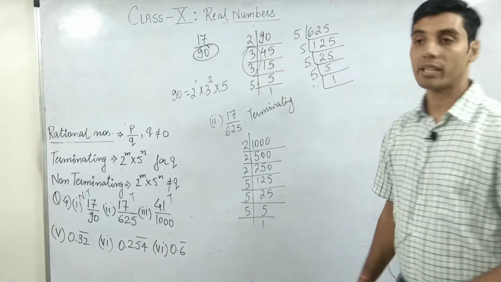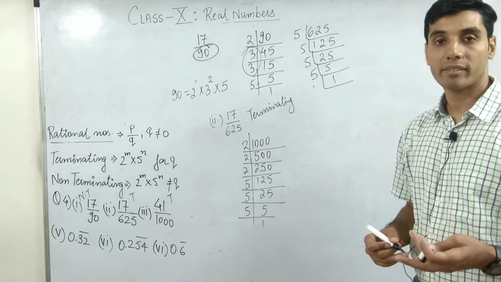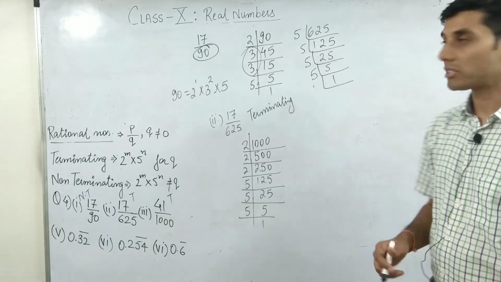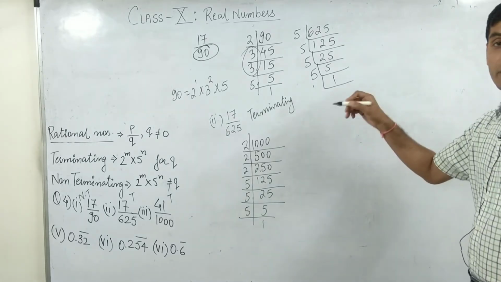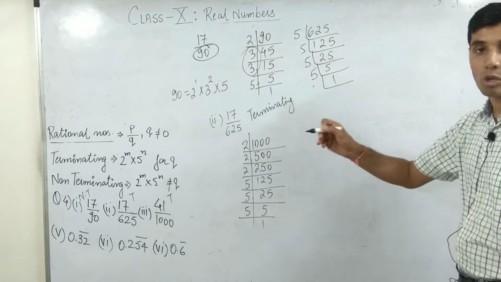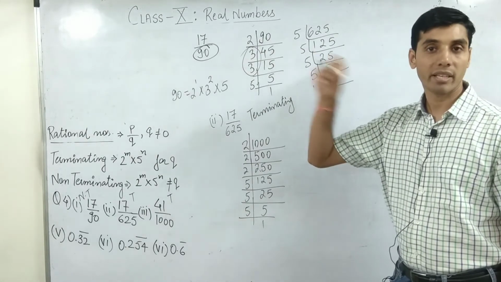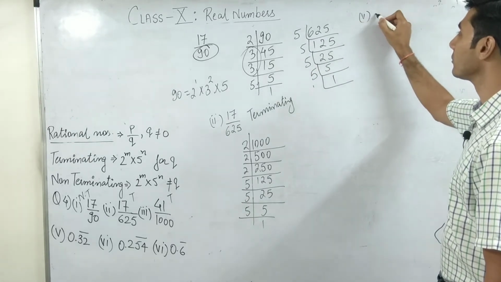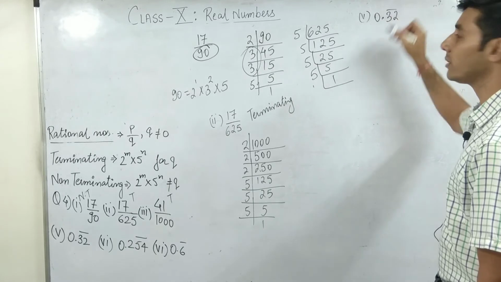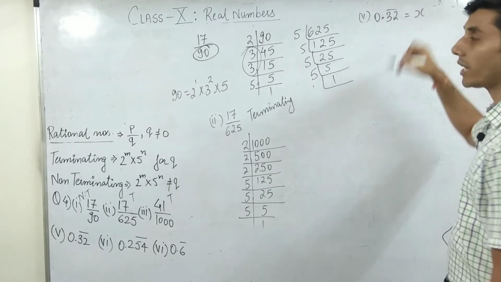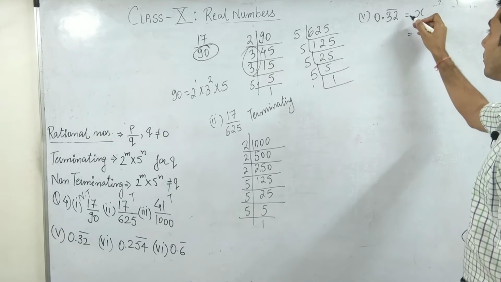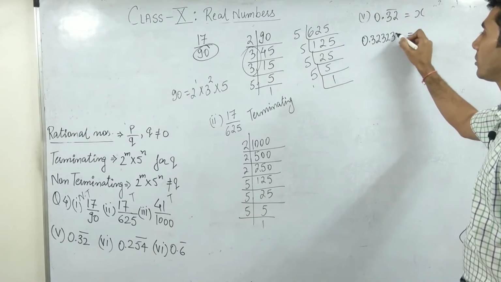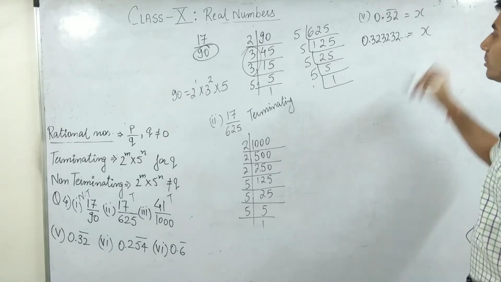Now let's use this question as an example to make you understand how these decimal numbers can be converted to a rational number. There is this question: 0.32 bar, and the bar is written above both 3 and 2. Wherever a bar comes over a number, it means those numbers keep repeating. So let's start writing 0.32 bar. Let us say this is equal to x. So if I write this number this way, it will be 0.323232... which should be equal to x.